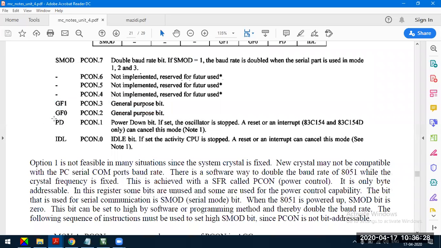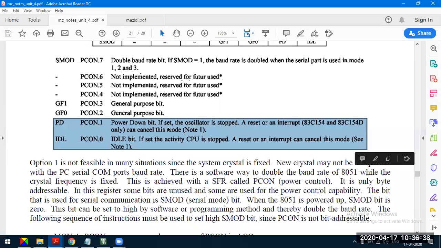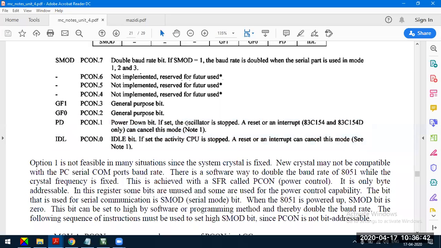Next, the two important bits are known as power down mode. If this bit is set to 1, the oscillator is stopped. When the oscillator is stopped, the microcontroller automatically goes to low power mode.